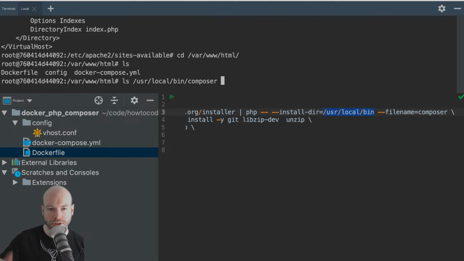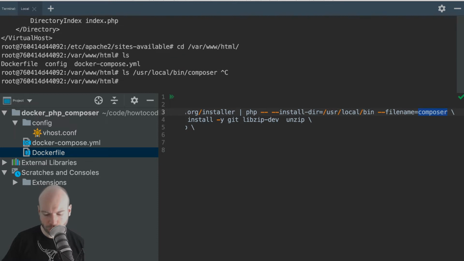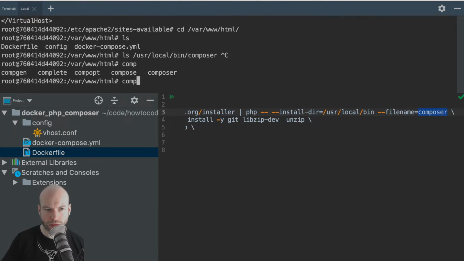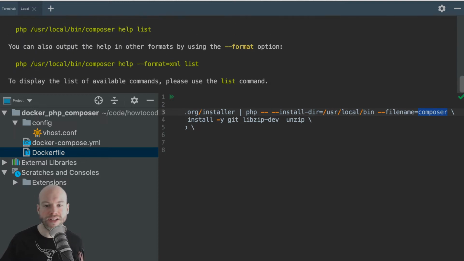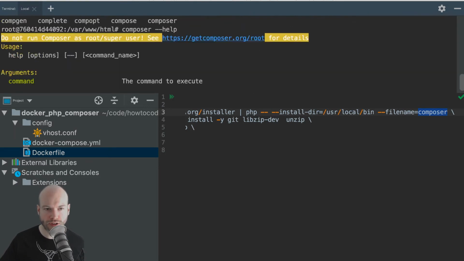So we have Composer because we've given it the file name of Composer, which means if I was to just clear that down, if I was to do composer --help, we have Composer.